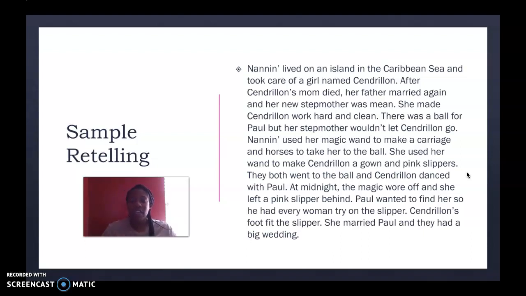Now I want you, even if you have to read this, parents, to your scholar and have them help you retell what happened in the story. That's just the overall gist of what I want you to do. Just have your scholar verbally tell you, no writing, verbally tell you what happened in the story from the beginning, the middle, and the end. And make sure that they're including these key elements. Even if you would like to look at this screen and have your scholar tell you without looking at the screen, make sure that you support their learning by having them listen to the story again on YouTube.